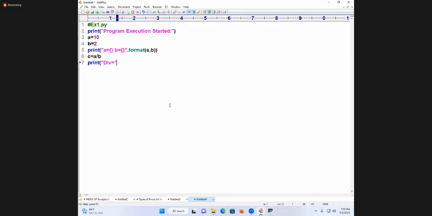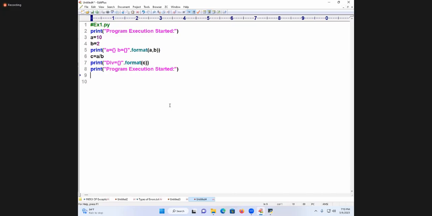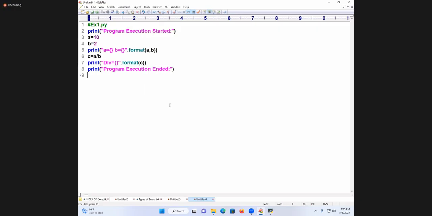Now I am writing div is equal to, comma, C. Are you following? div is equal to dot format of C. Program execution ended. Getting my point?